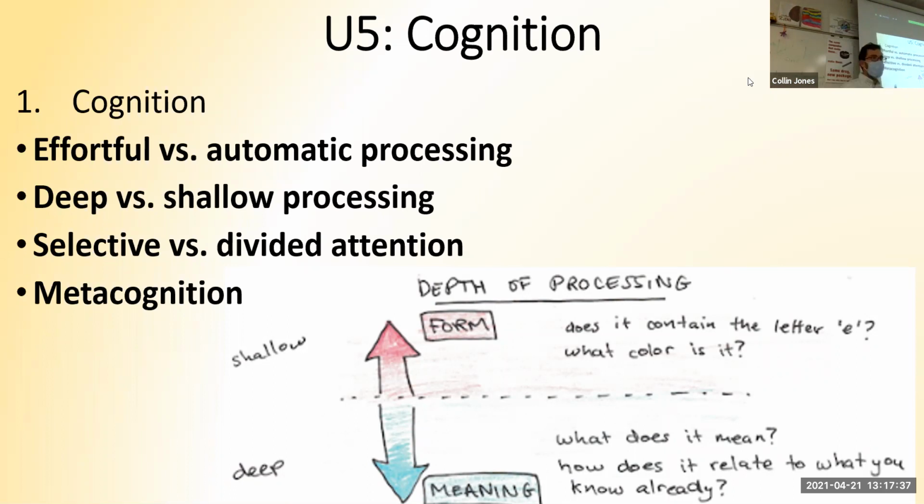Effortful versus automatic processing. So there's some things in your life that you just get automatically without having to think very hard about it. Automatic processing. The things that you eat, where you are in the world, how to get from A to B. Your brain just does that stuff on its own. There's some things you have to try really hard at. The psychology content. You have to try really hard to remember these weird words and definitions.